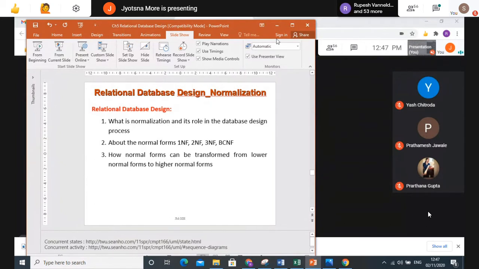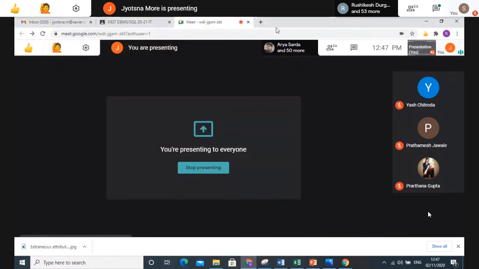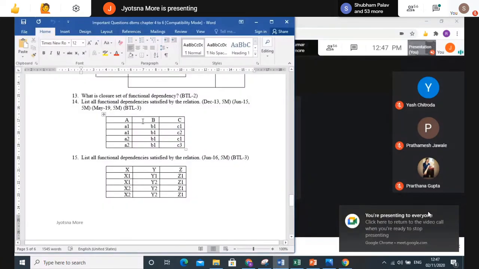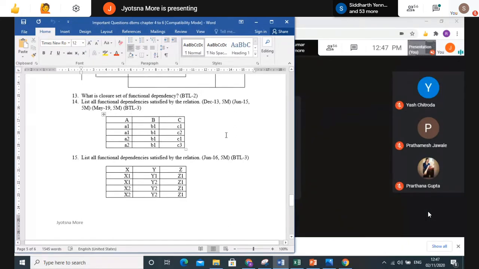So till now, whatever functional dependency part and design guidelines we have covered, based on that we will solve some sums. Two sums at least we will do in today's lecture so that you will get an idea how to solve the sum. We will go with university questions only, usually the questions asked in the university exam. All of you just copy this question, question number 14. This is a very important question and usually this question or similar types of questions are asked in exams. So just copy the question, then I will go for the solution.